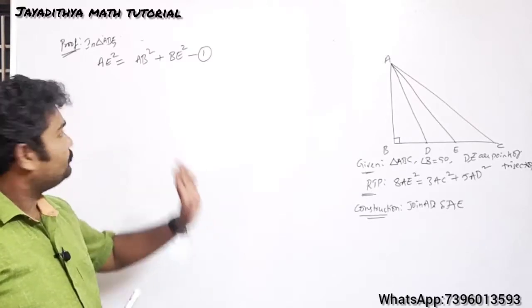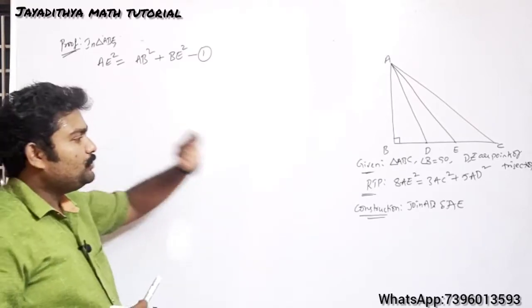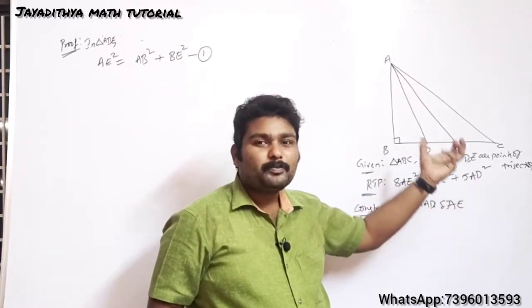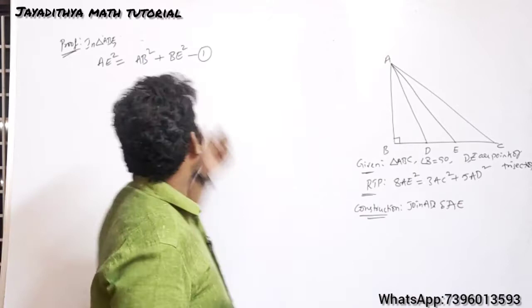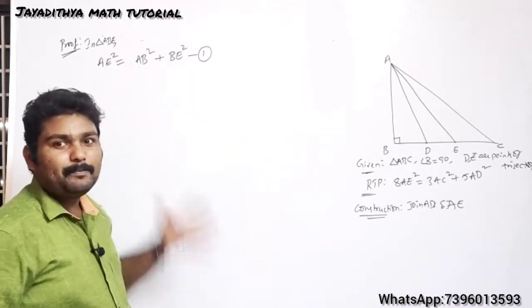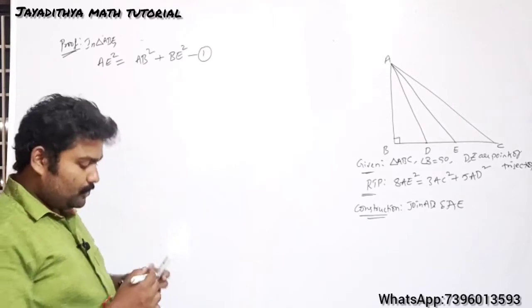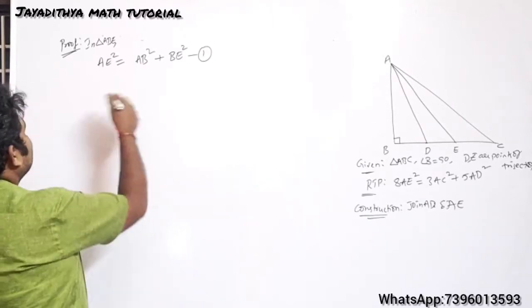This is the LHS part. So when you find the value of AC and when you find the value of AD, you should bring the sides in terms of AB and BE. This is the important point here. You will understand when we are solving the problem. So just keep this aside. Okay, now let us go for the next one.